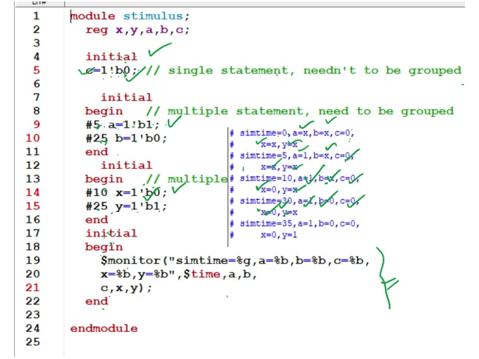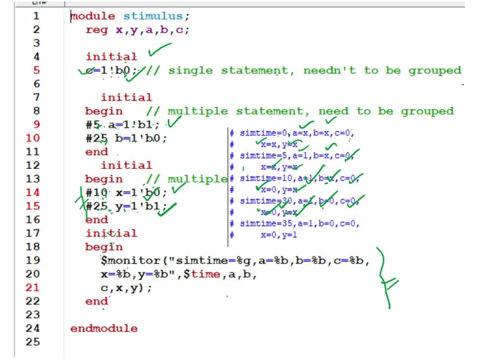After 10 plus 25, that is 35 nanoseconds, only then will y change. So y is still unknown after 30, even though b is 0 after 30, and y changes at 35.